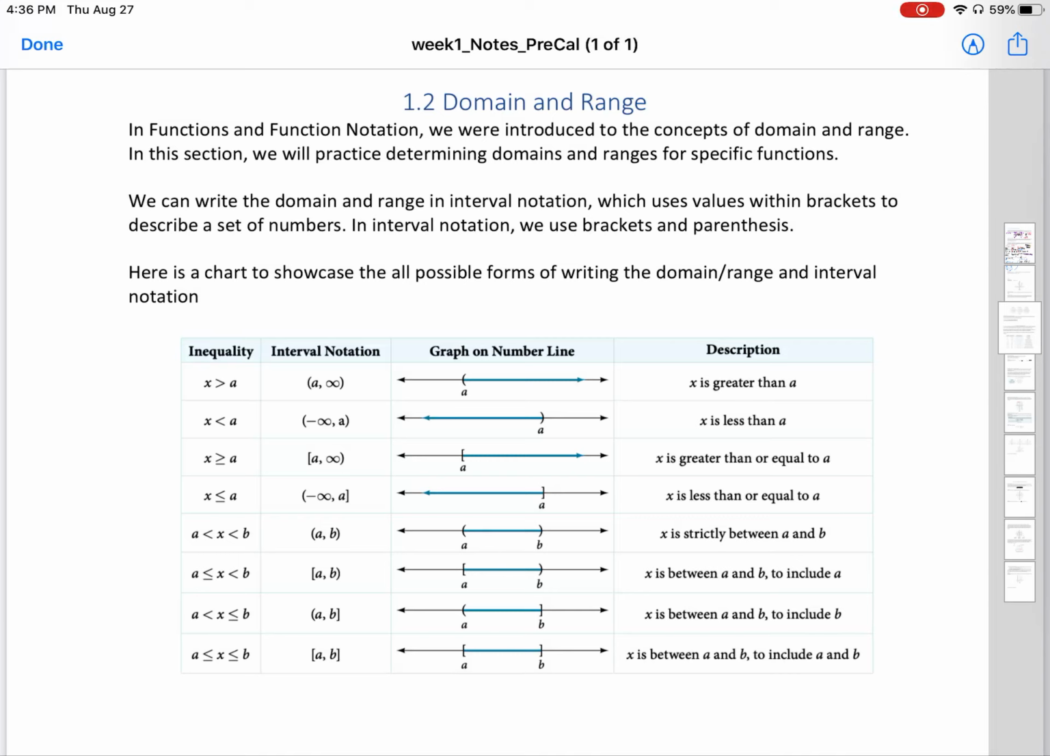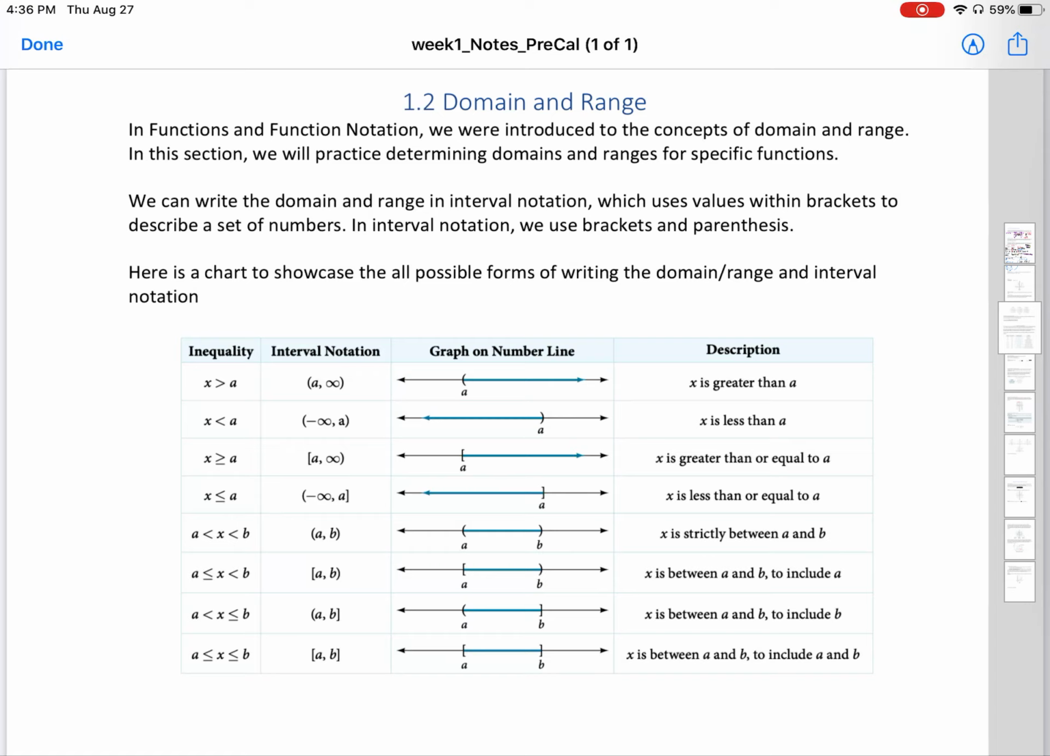Let's continue with section 1.2, domain and range. In functions and function notation, we were introduced to concepts of domain and range. In this section, we will practice determining domains and ranges for specific functions. We can write the domain and range in interval notation, which uses values within brackets to describe a set of